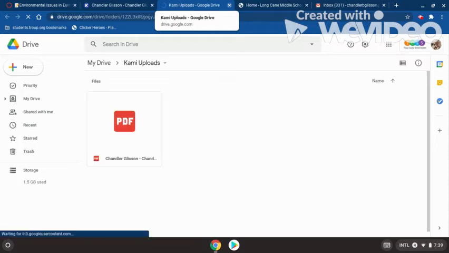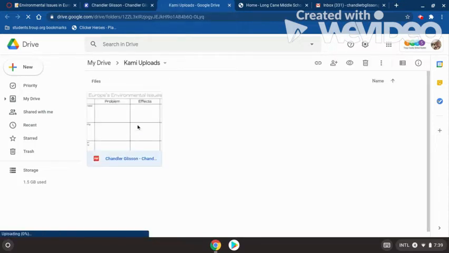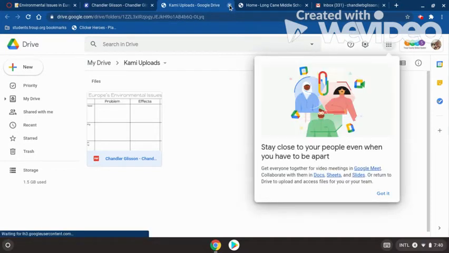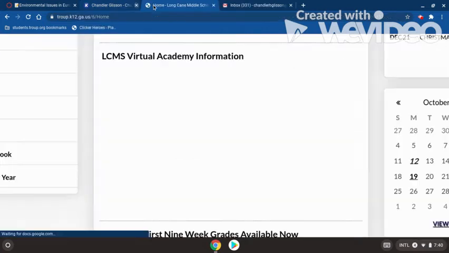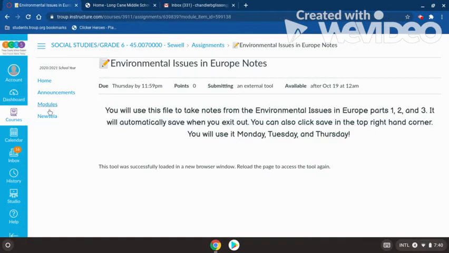Because this will help me. Yep, it is right there. So that'll help me know that I have saved it in my Google Drive and I can go back to it and work on it later when I need to. So after I have done this and I have saved it,